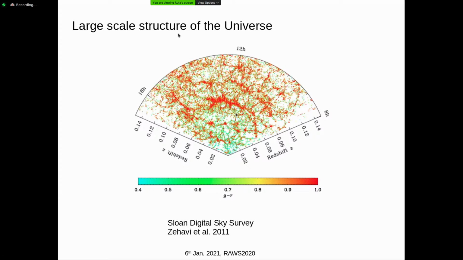And this structure is basically formed of filament-like structures, and then these voids, they are the components of the large scale structure. Now one other remarkable thing seen in this picture made with the Sloan telescope is that this color scale is G minus R. So these are optical filters, G and R, and you can take the difference, which is called color. So in astronomy, when you take the difference between these optical magnitudes, you get what is called color.